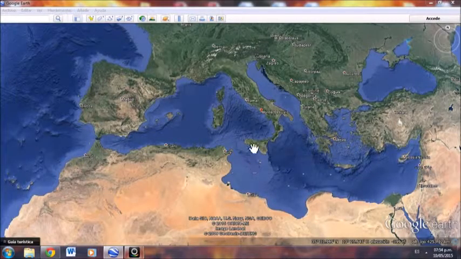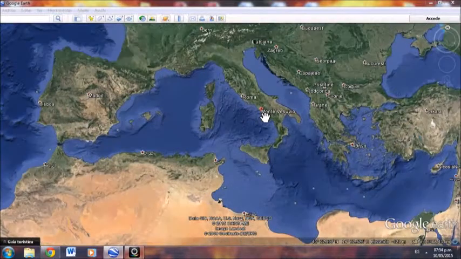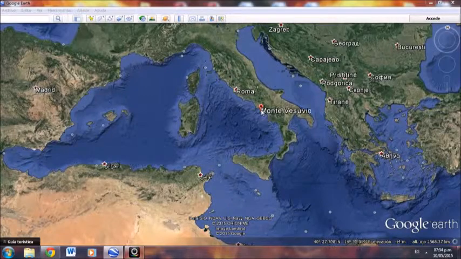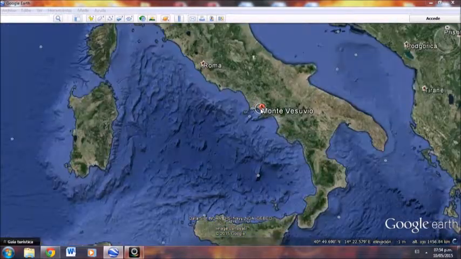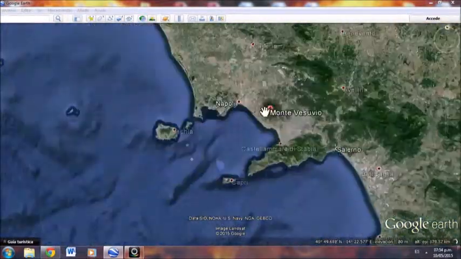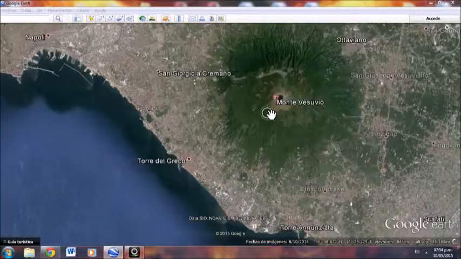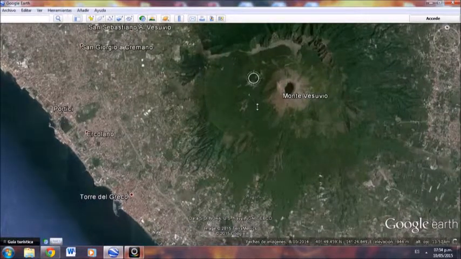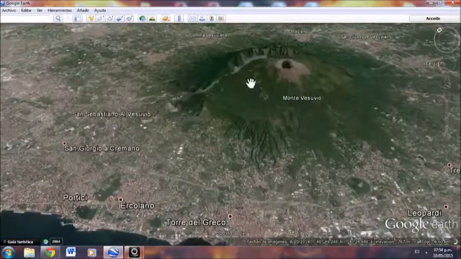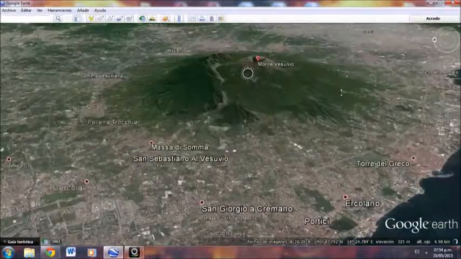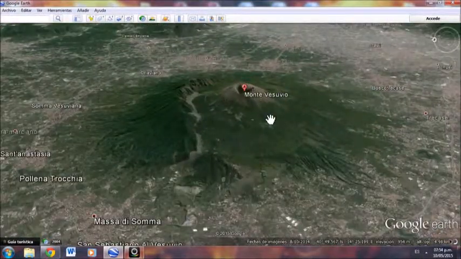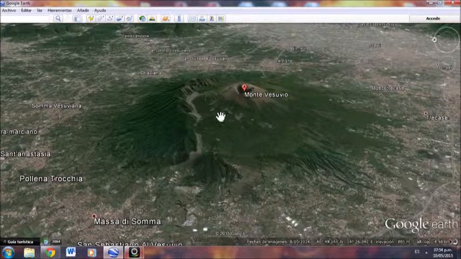Now we are gonna visit one of the most important volcanoes on Earth, well known by volcanologists, by geologists, and also in history. The name of this volcano is Mount Vesuvius, and it is located in Italy. So we're gonna go to Italy to visit Mount Vesuvius. We are using Google Earth, and I invite you to come here on your own, get into Google Earth and go around. So here in the middle we have Mount Vesuvius, the new volcano, and I say new because